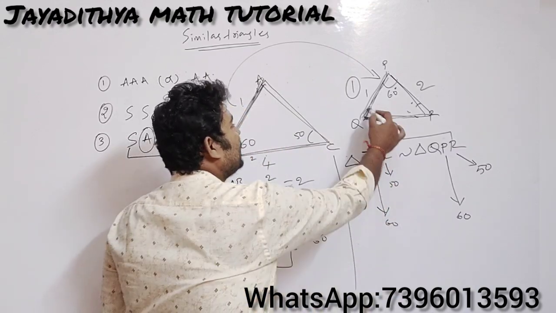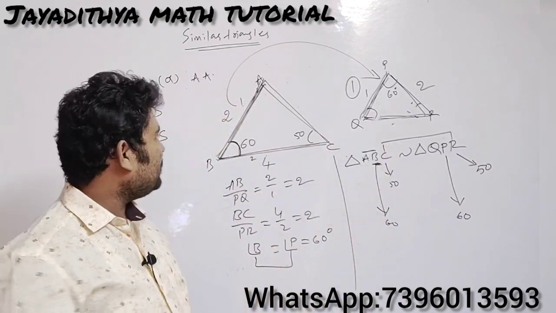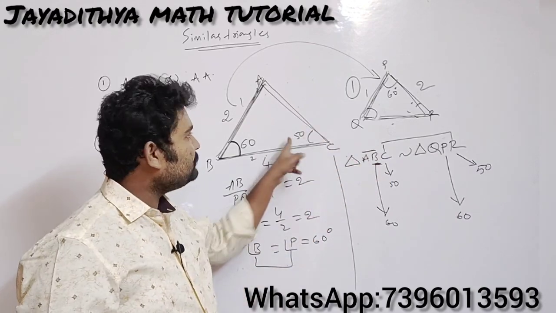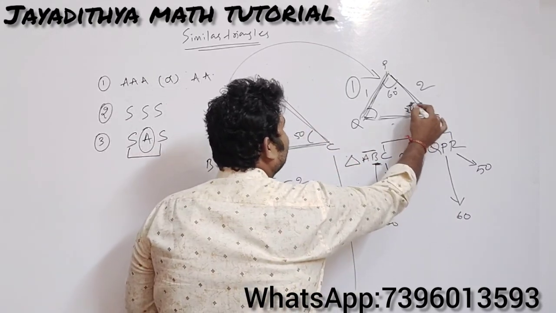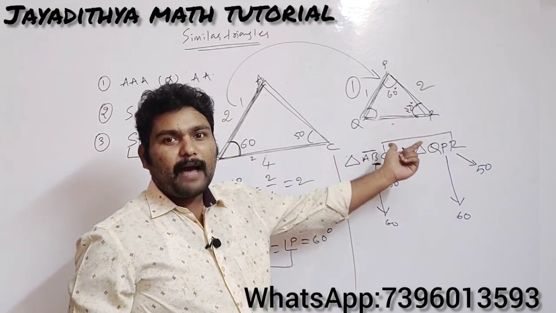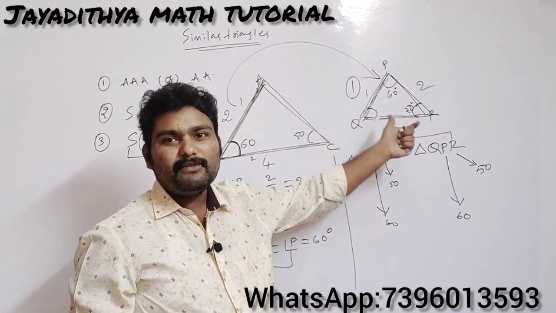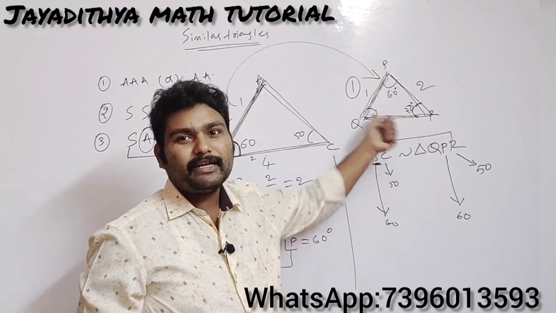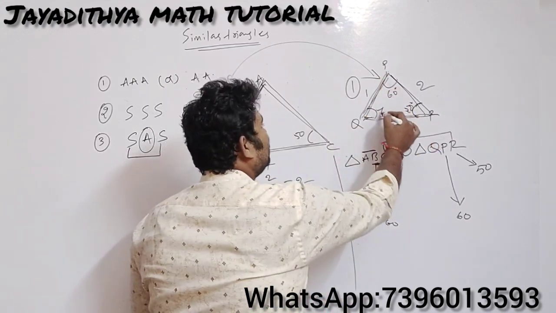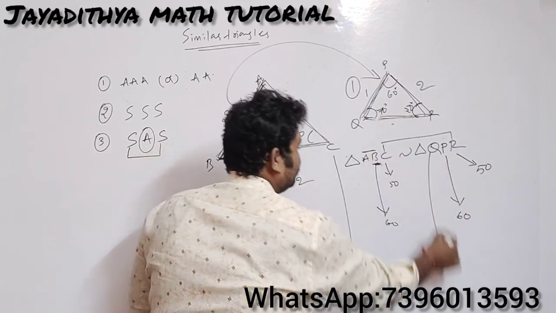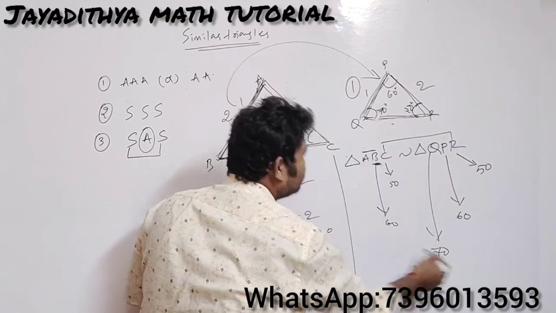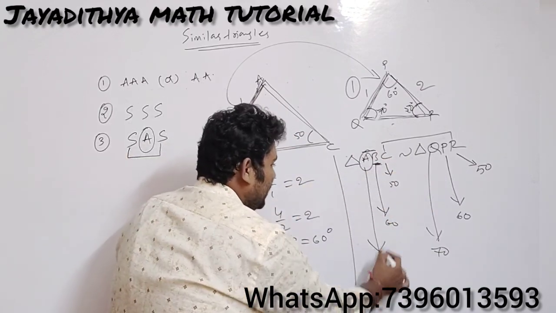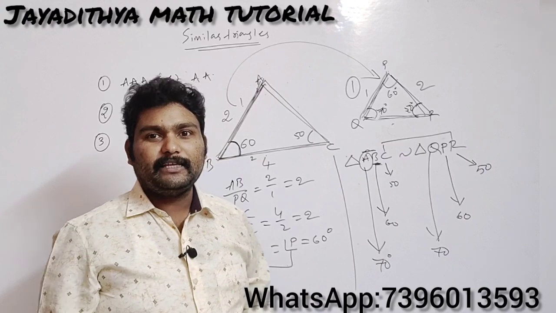Now you tell me what will be angle Q now? Sometimes he will be giving angle C and he will be asking about angle Q. How to find this one? If it is 50, angle R will be equal to 50, and what is this one? So you should apply the angle sum property. Sum of angles in a triangle will be 180 degrees. Here 60 plus 50 is 110. If you add 70, then it will be 180. So angle Q will be how much, Nana? That will be obviously 70. So angle Q is equal to 70. If angle Q is equal to 70, what is angle A now? So Q must be equal to angle A. So obviously angle A is also equal to 70 degrees.